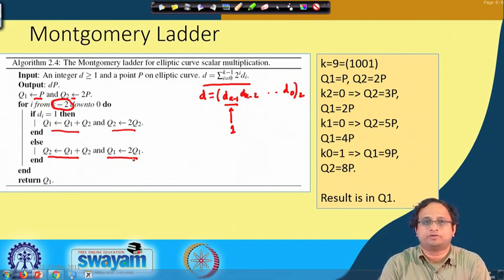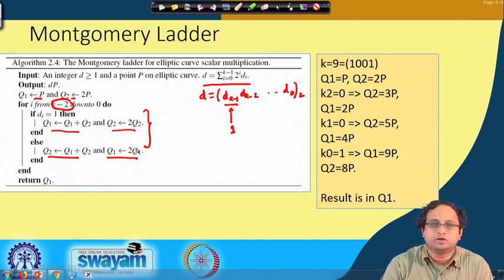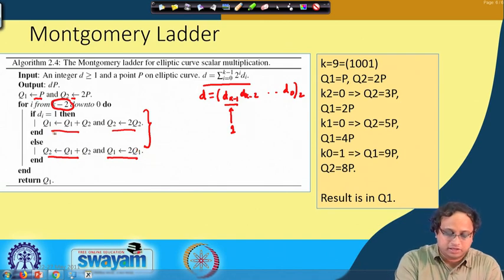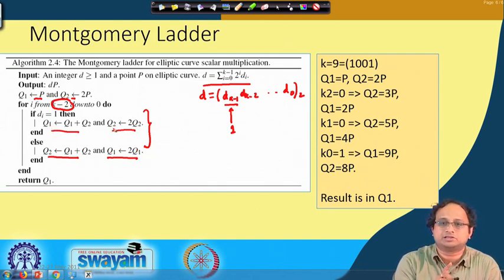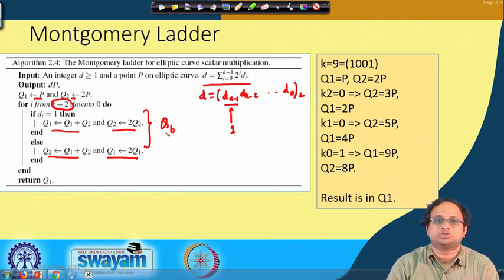This form of representation is very efficient, because you can implement this loop in a slightly different way, where you remove the if statement. You can write this in a way such that the suffix of the registers Q1 and Q2 is used as the key bit. That means you can write something like Q_B, where B stands for the secret key bit. I am not elaborating on this at this point, and I leave it as an exercise to think how you can write Montgomery's ladder without the if statement.